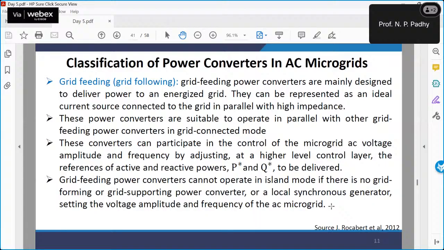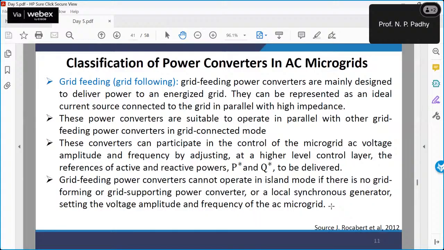These converters do not participate in the control of the microgrid AC voltage amplitude, and they follow references of active and reactive power P and Q to be delivered. Grid feeding power converters need grid forming or grid supporting power converters, or a local synchronous generator, setting the voltage amplitude and frequency of the